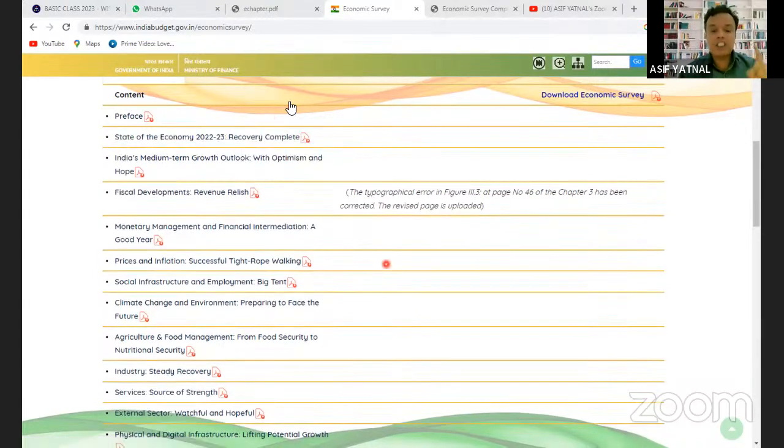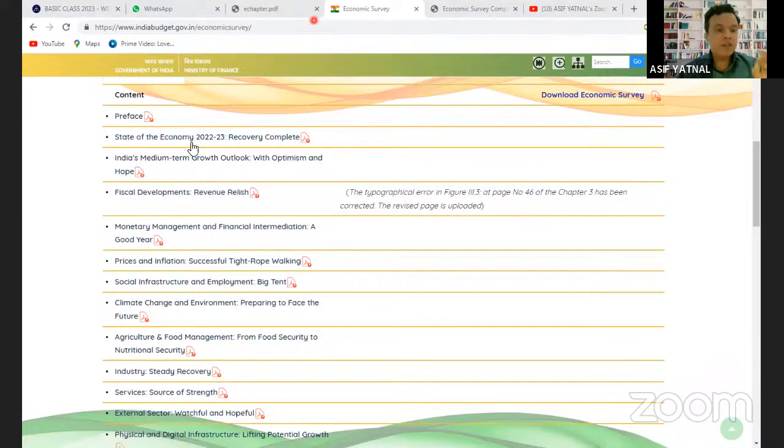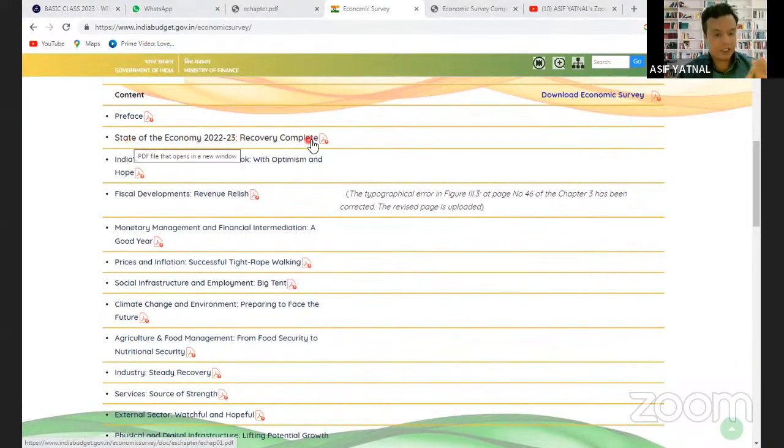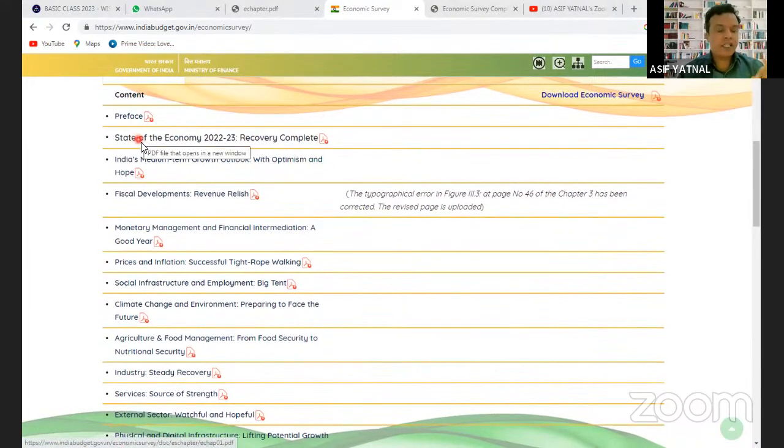It is useful for the first topic of GS paper 3. All of you write it down. Those who are going to appear in this year's prelims exam, those who are expecting to qualify prelims, and those who want to make notes for the mains exam के लिए अगर आपको notes बनाना है, the best source for the first topic of the Indian economy, that is Indian economy and challenges therein, is this first chapter of the economic survey. I will be explaining it in detail again, but ये आपको ध्यान में रखना है. Write it down. If you have the syllabus of GS paper 3 and want to know the source for its first topic, the best source is the first chapter of the economic survey, that is state of the economy.